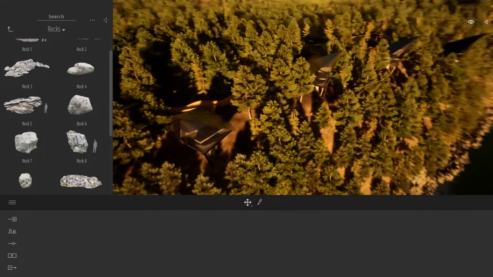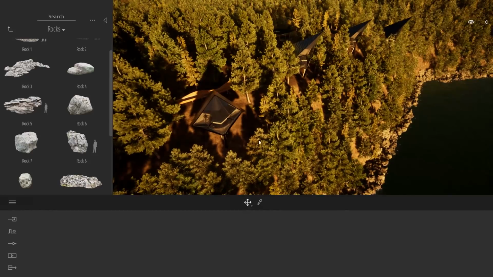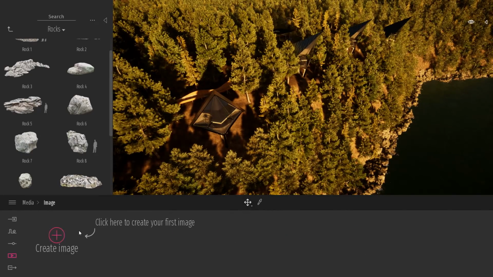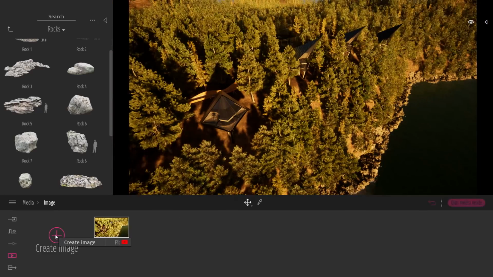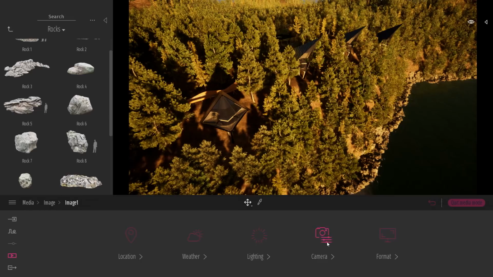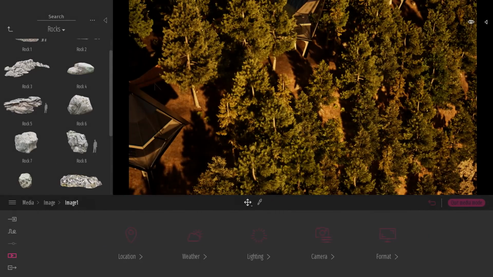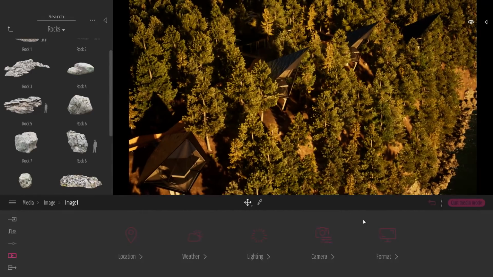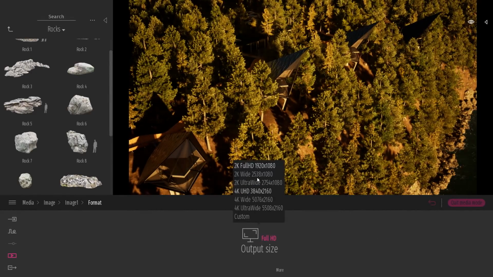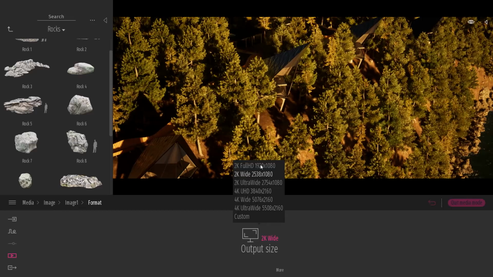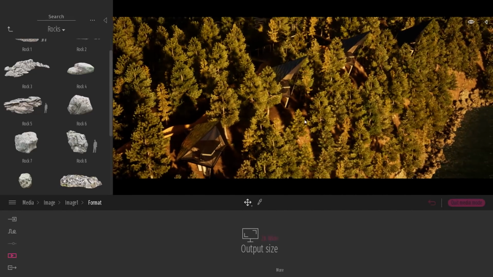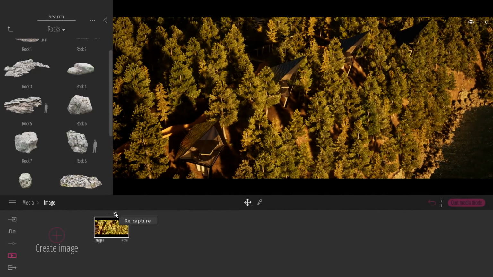Maybe it's time to create an image. So to create an image in Twinmotion, it's fairly simple. I will come to the Media Dock, Image. I will click on the big plus button. This will create a new image. I like to work with a more cinematic camera, so I will come to the camera settings. I will switch to a 50mm focal. I can just update my point of view. I like to work also with a wider screen, so I'm just switching to something a bit wider like that. I will just update my point of view, something like that. I'm good with this image.